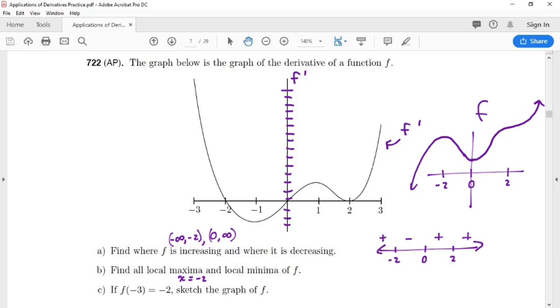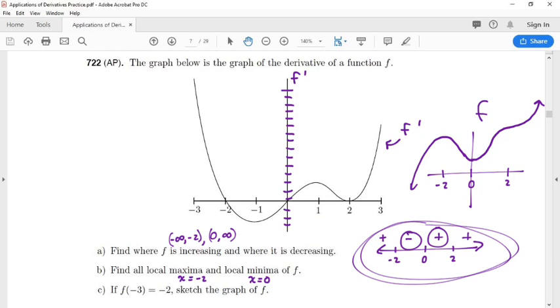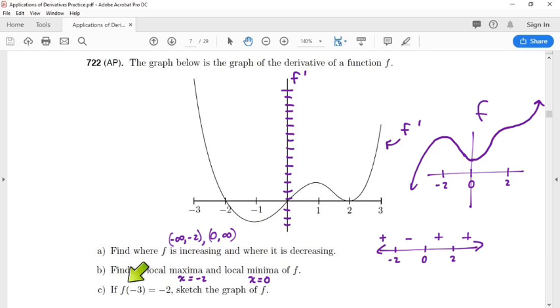We have a local minima as well. That would be at x equals 0. And I could tell that just by looking at this, because if our curve is decreasing, then increasing, that's going to be a minimum. All right? Then this last one says,